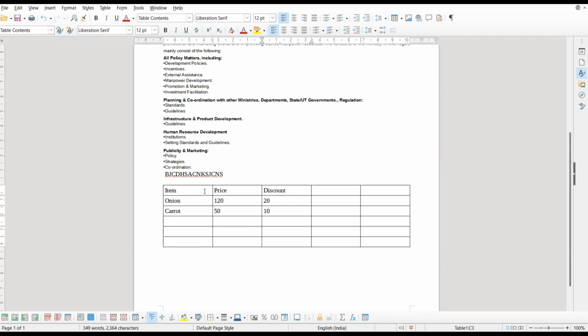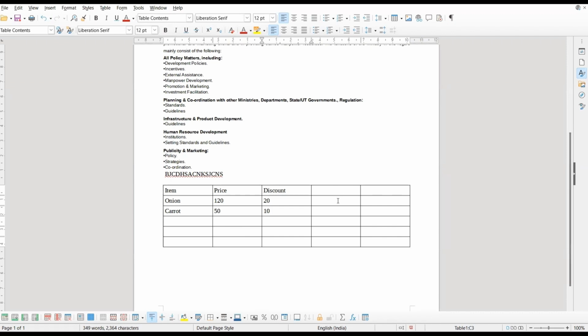So coming to the very first one, that is merging cells. Merging cells means combining two or more cells into one cell. मर्जिंग का क्या मतलब होता है? जैसे आपके पास दो सेल हैं, आपने दोनों सेल को कंबाइन किया, और कंबाइन होने के बाद it will turn into one cell. So this is known as merging a cell.